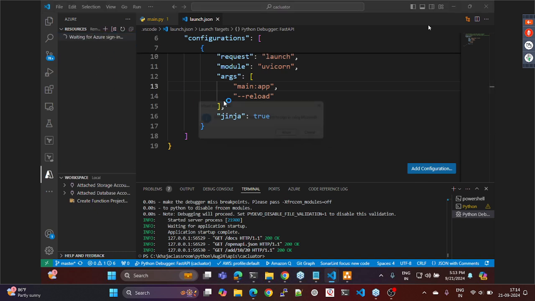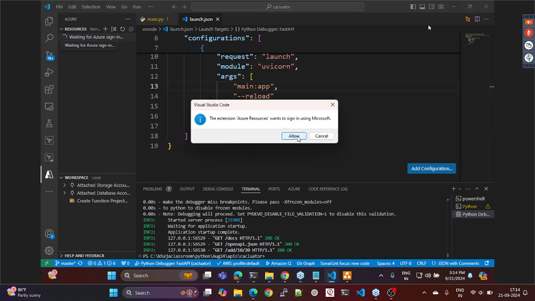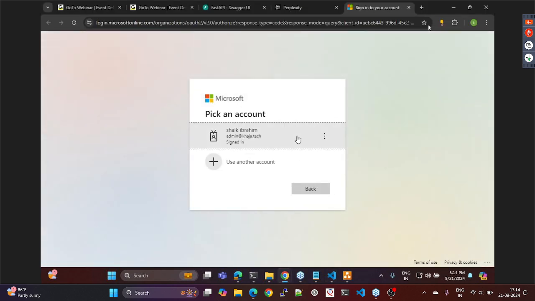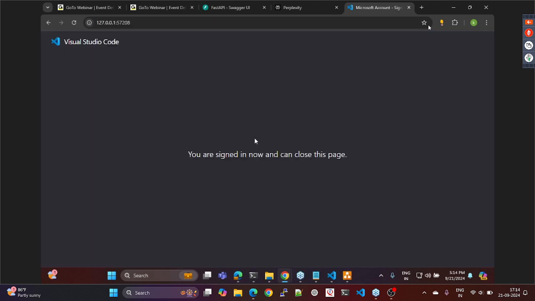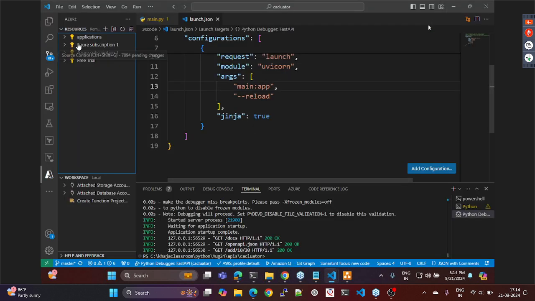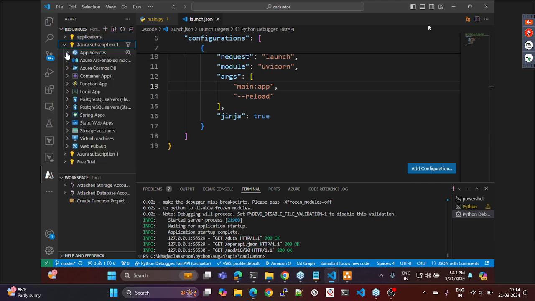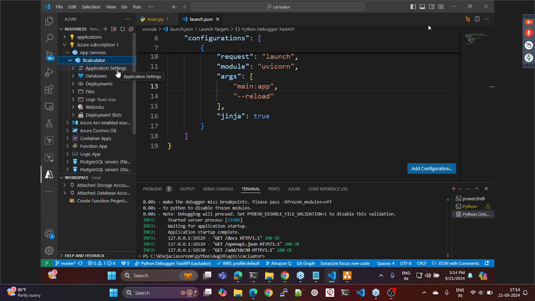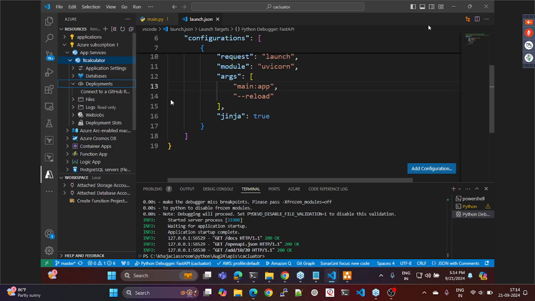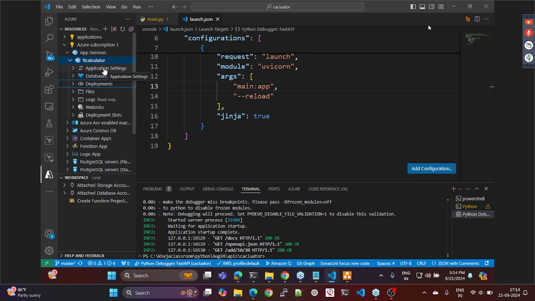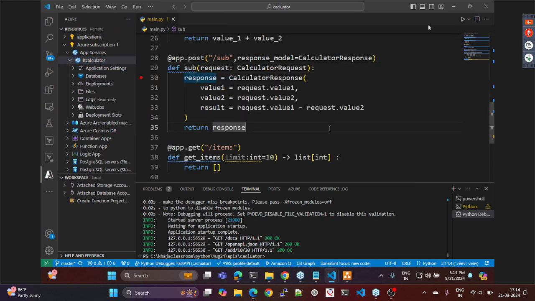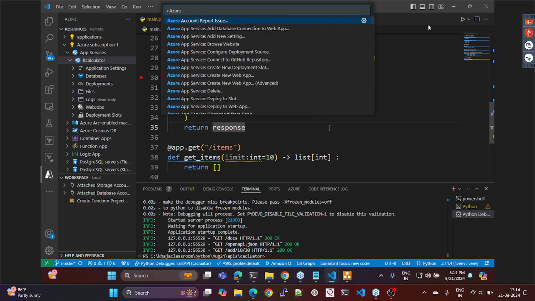Okay. Now sign in to Azure. This is much more convenient. Let me get into the Azure subscription, App Services, LT calculator. Okay. Right. Fine. Application settings. Okay. Right. Now, if you want, Control Shift P, Azure App,